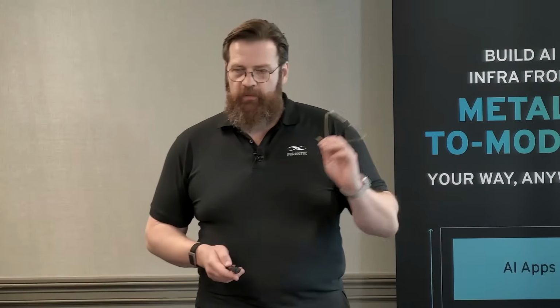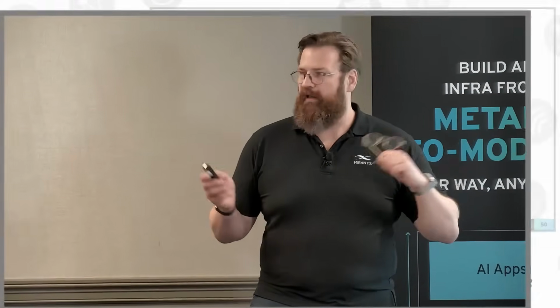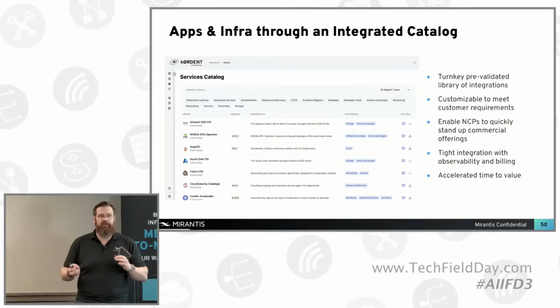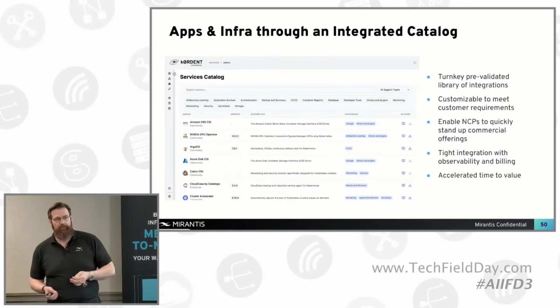So we spoke about the integrated catalog. Kevin covered this in depth, but essentially we have a catalog of services. It's public, catalog.coordinate.io. Go and have a look through it. We're constantly adding to it. We have enterprise partnerships with a lot of the people in the catalog, but a lot of those are open source and available for anybody to use. We also have the ability to have private elements just within the customer catalog